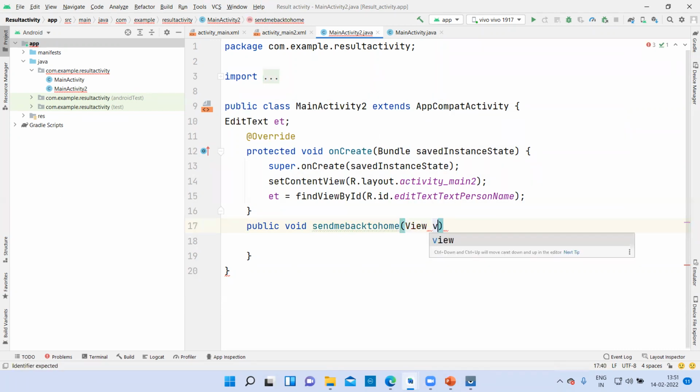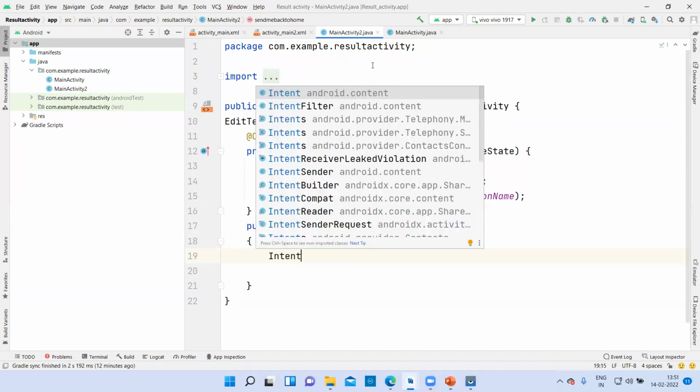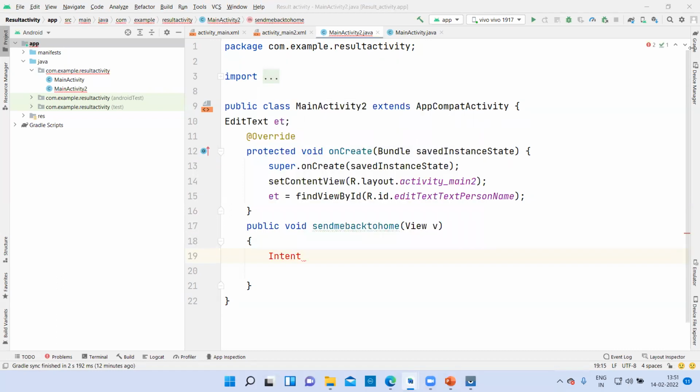Let it be small. Now you will open the brace and say Intent i is equal to new Intent. Leave it empty, because we are going to pass the data through this intent.